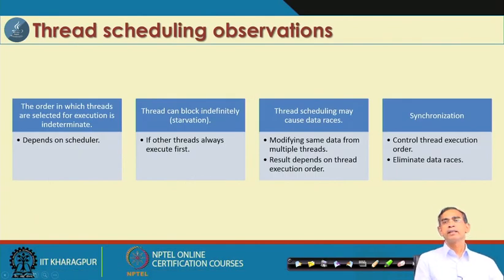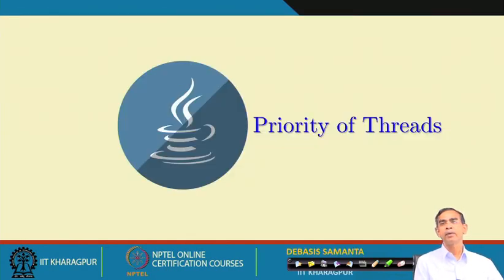Now, these are the different ways a thread can be scheduled or communicate, inter process communication we can say. And next, a thread can be synchronized also. So, there is thread synchronization, and before thread synchronization there is also one concept called setting the priority. Our next example is how the priority of a thread can be set, so that the scheduler can schedule the execution of the thread according to its priority.